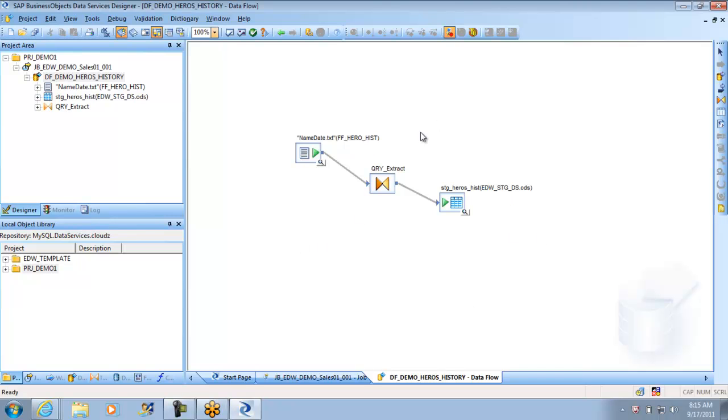So last time we saw this, if you remember. So we make use of the query transformation. While doing this, if you recollect, the first thing I'll have to do is build a repository. Build instance, it is a logical representation of the database. So you have to have a repository to actually monitor or build a job to move data from one place to another place. So while building a job, the first important thing is configuring your designer and then